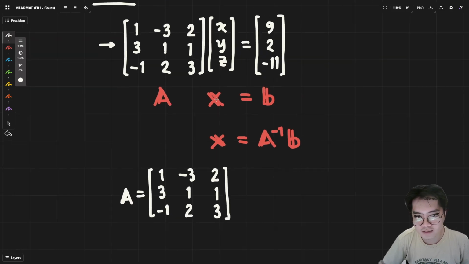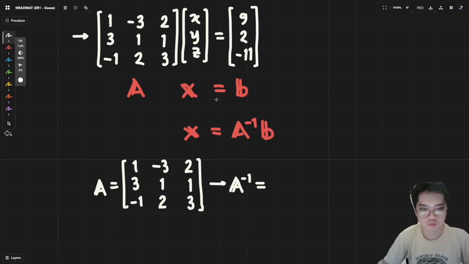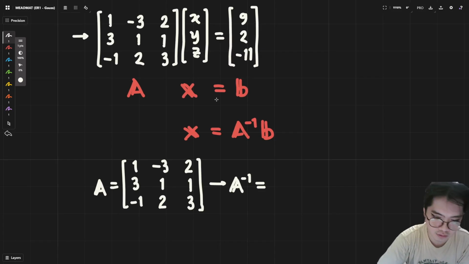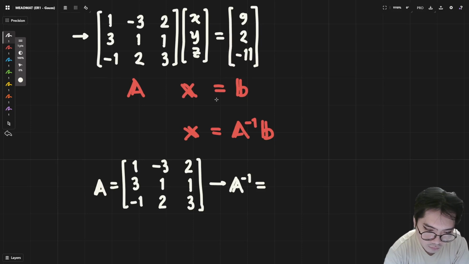And so that means our inverse of A should be, what? Let's try this out. 1, -3, 2, 3, 1, 1, -1, 2, 3. We will get the inverse of